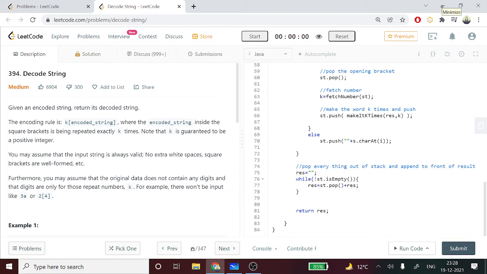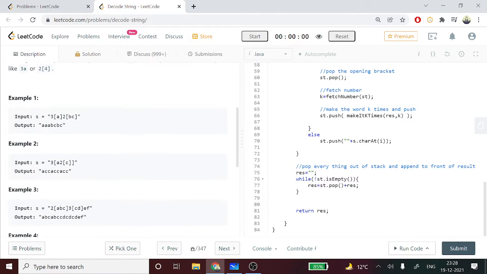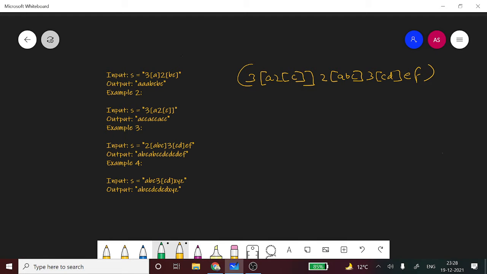LeetCode 394 Decode String. We are given an encoded string, and we need to return its decoded format. So let's try to understand this with the help of an example. We are given this string